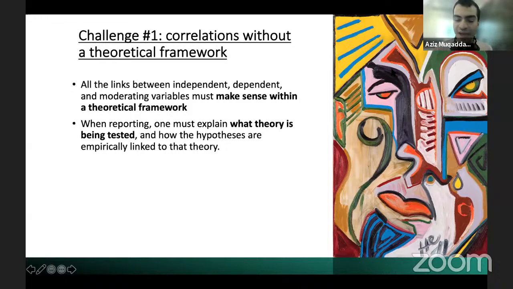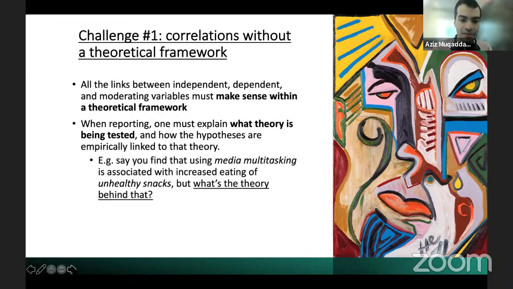So it has to make sense within a theoretical or philosophical or logical framework, right? And so with experiments, you must explain what theory is being tested and how that theory is tested empirically. Empirically means in a test, and we already spent the whole week on empirical, so something that is observable and verifiable, like how you experimentally link the effects to the theory, okay? And so to give an example,